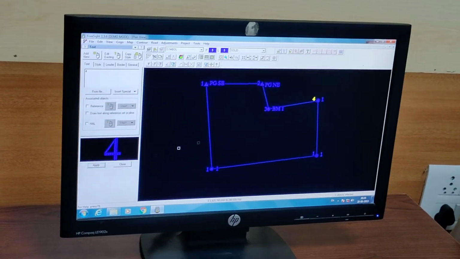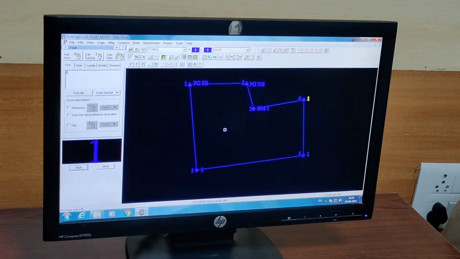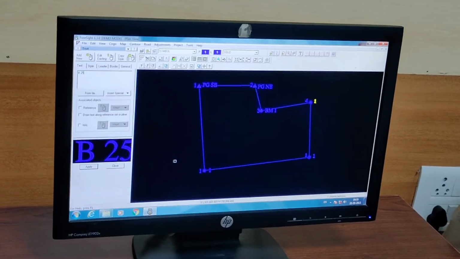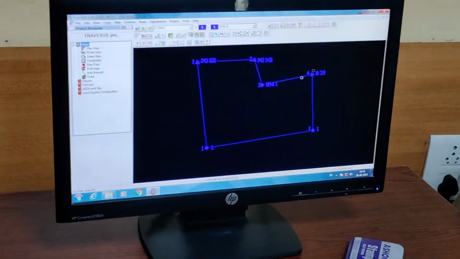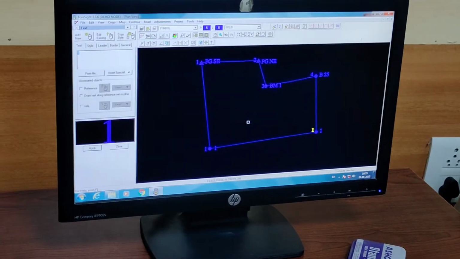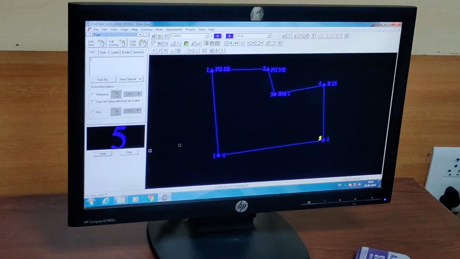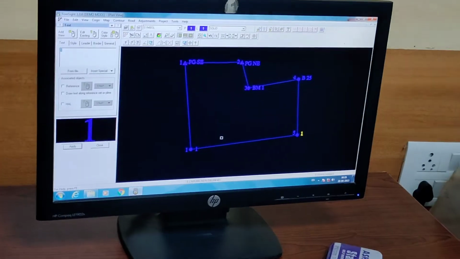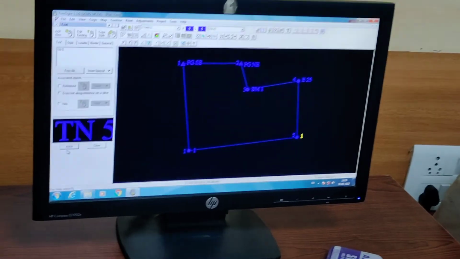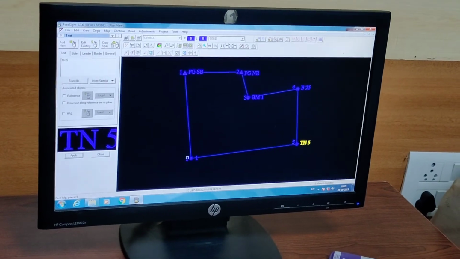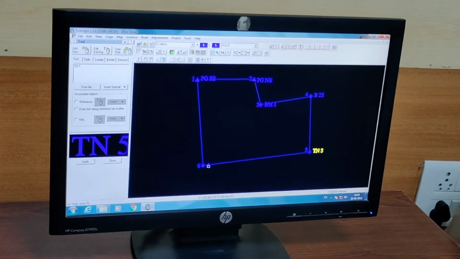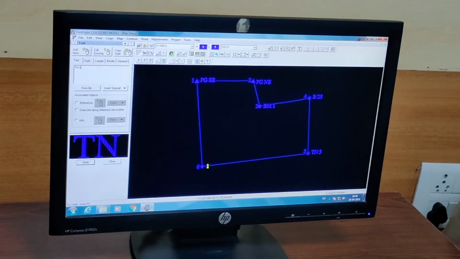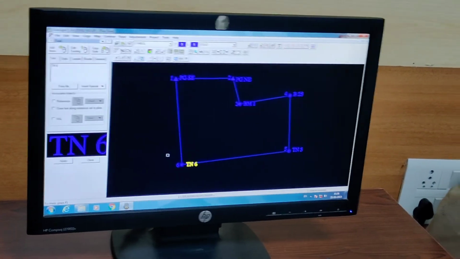This is B25. TN5, TN5 and TN6. And this is 6. Apply, close. This is TN6. Apply. Okay.